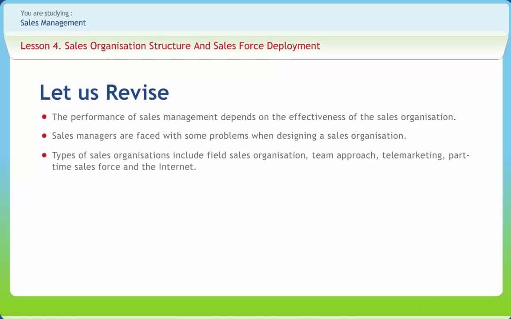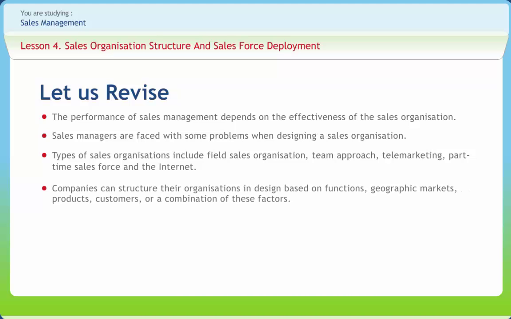Types of sales organization include field sales organization, team approach, telemarketing, part-time sales force, and the internet. Companies can structure their organizations in numerous ways. Most firms, however, use line organization or a specialized design based on functions, geographic markets, products, customers, or a combination